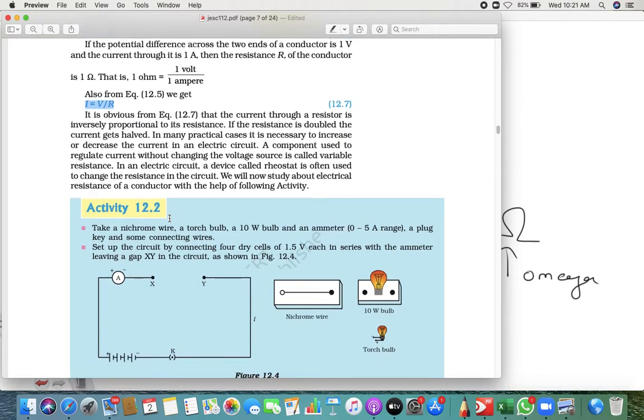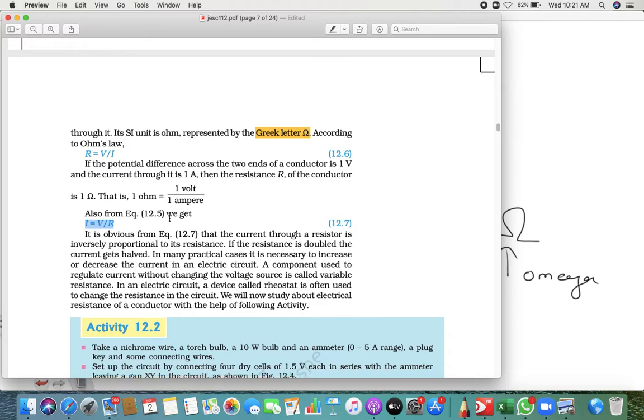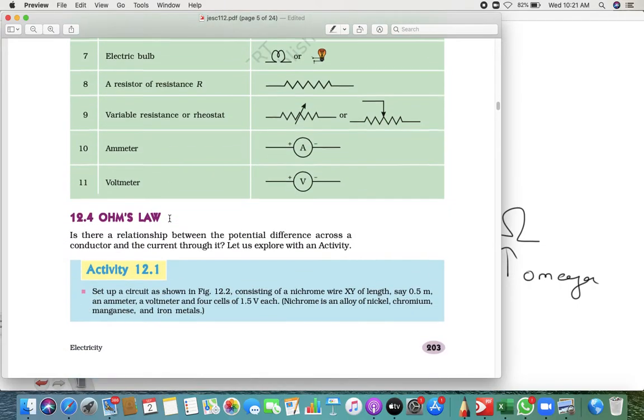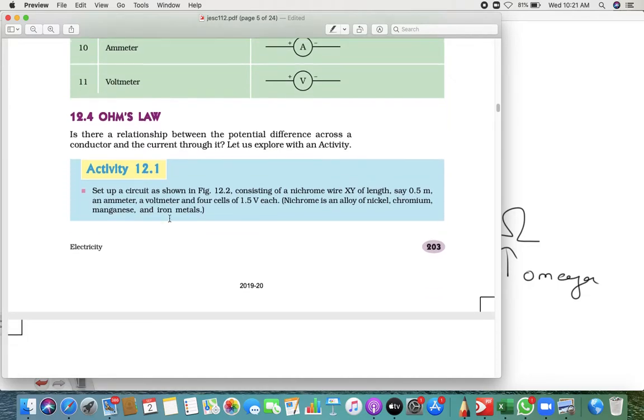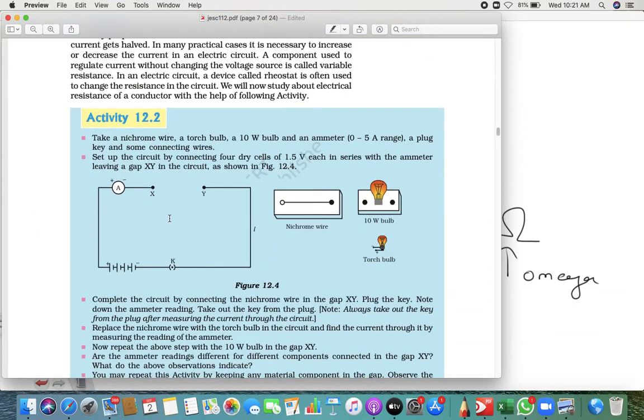Now let's see next. This is how the resistance gets changed, and you can see this. So first we have seen the activity of Ohm's law, second thing we saw was that, and the third thing we talked about is the relation between them. The next topic, tomorrow, is how many things resistance depends on.